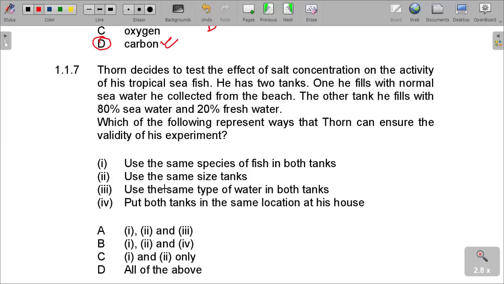So we are saying: one, use the same species of fish in both tanks. Two, use the same size of tanks. Three, use the same type of water in both tanks. Four, put both tanks in the same location at his house. So in order to increase the validity of an investigation, remember when you do any experiment, there must be some